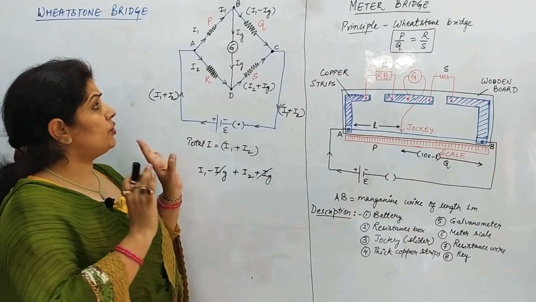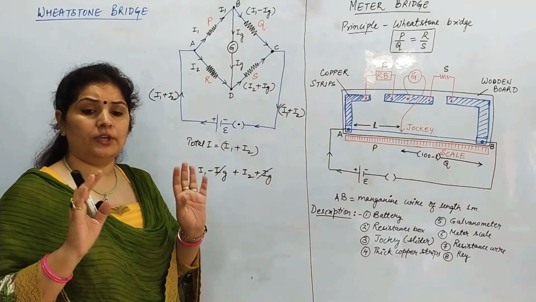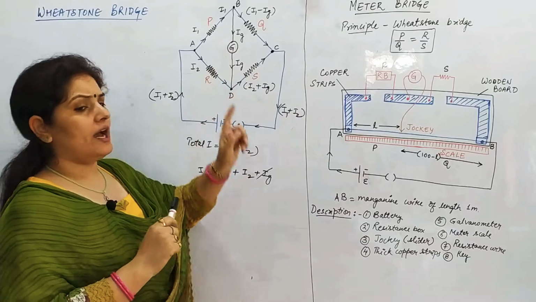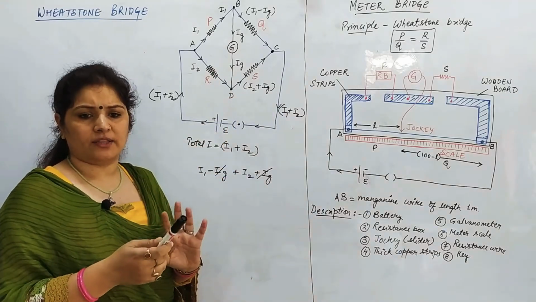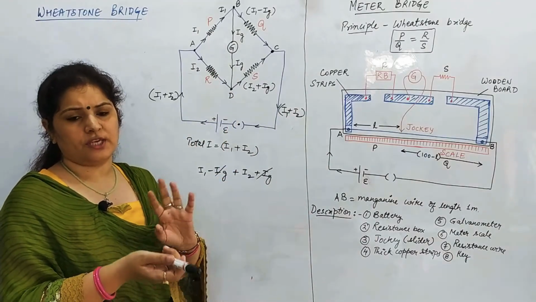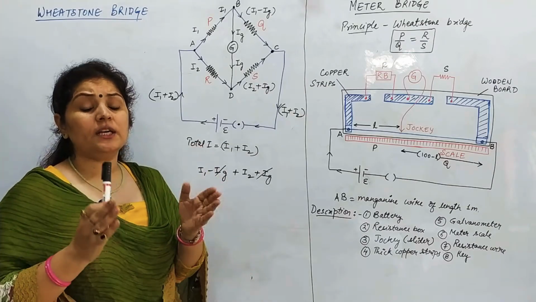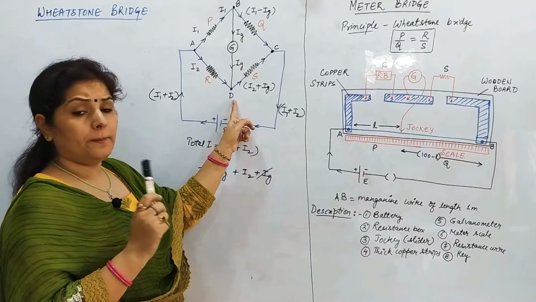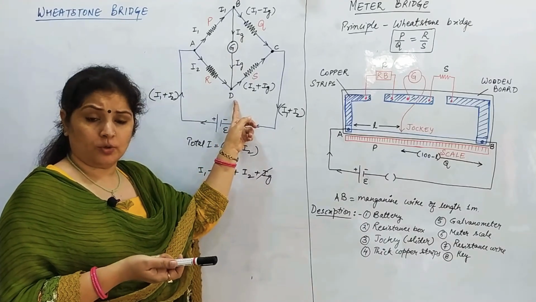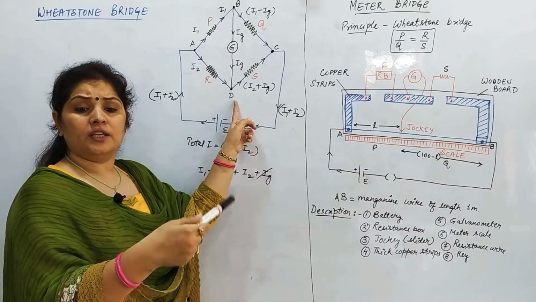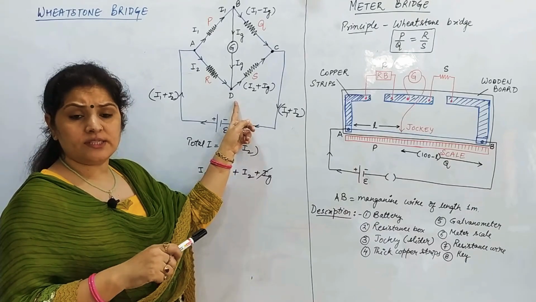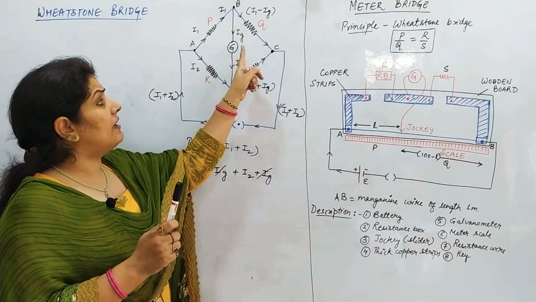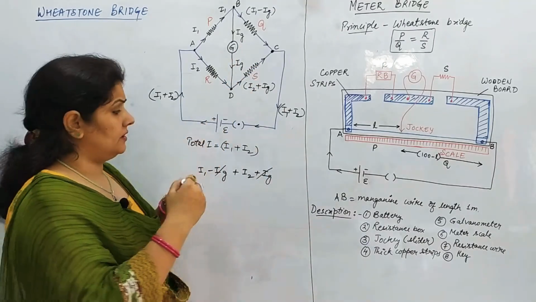Now all these 4 resistances will have some value. It is found that the value of P, Q, R, S was changed by hit and trial method. R का value change किया, P का value change किया, S का value change किया. There comes a condition where the current flowing through point B and D comes out to be 0. चेंज करते करते P, Q, R, S चारों रेजिस्टेंसेस का वैल्यू चेंज करते करते एक ऐसा सिचुएशन आएगा जब ये गैल्वेनोमीटर 0 पे आ जाएगा.